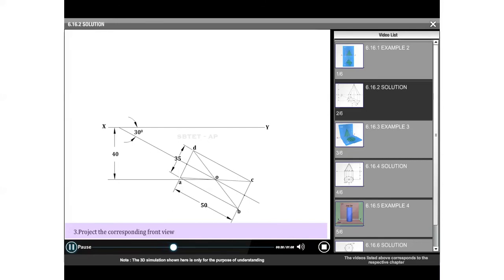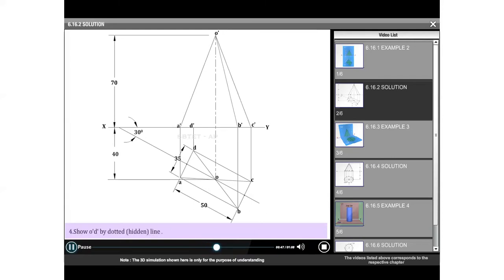Project the corresponding front view. Show O', D' by dotted line. Darken the front and top views.